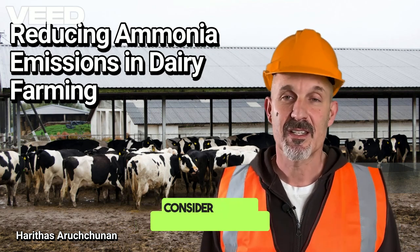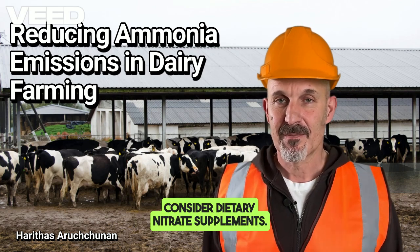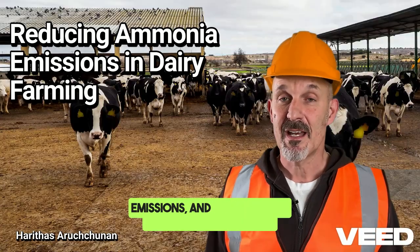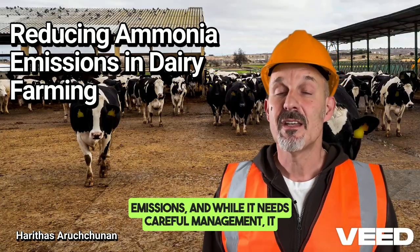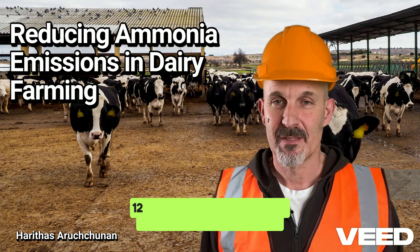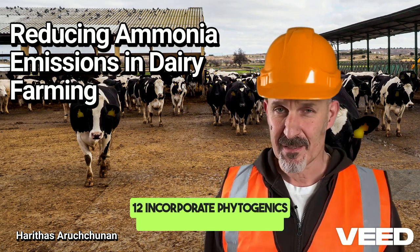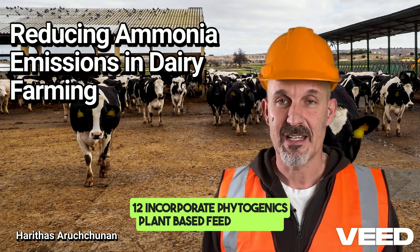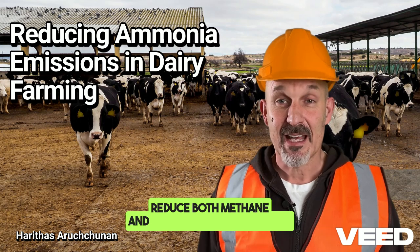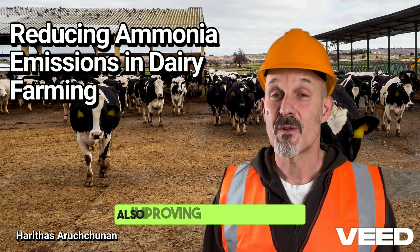11. Consider dietary nitrate supplements. Nitrate supplementation has been shown to reduce methane emissions, and while it needs careful management, it can also help reduce ammonia output. 12. Incorporate phytogenics. Plant-based feed additives like tannins and green tea extracts can reduce both methane and ammonia emissions while also improving livestock